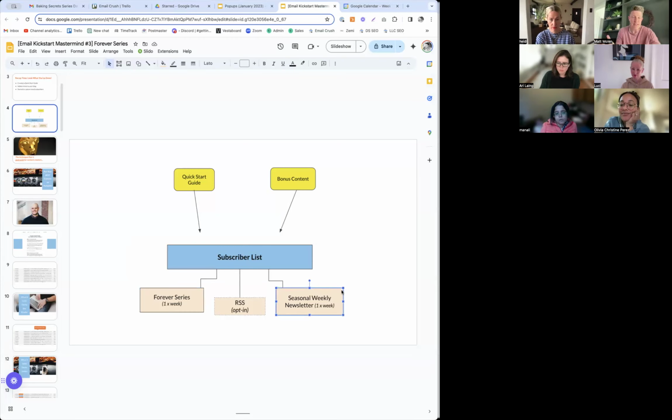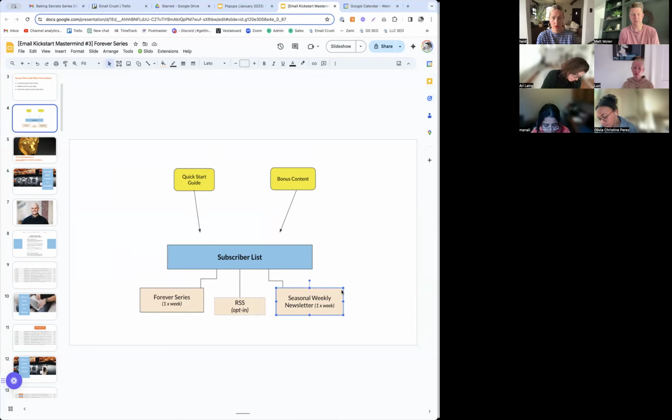There's seasonality to everything that we're doing, and in fact, your seasonal stuff will outperform your evergreen stuff. So remember, the email guy here is trying to talk about a general program that anybody could do. In some cases, the seasonality matters so much that it doesn't make sense to send the Forever series. I'll give you an example of that. I have a lot of people who have a lot of holiday content. My crafters, for example, there's a certain time of year where there's a lot of holiday content. It just makes so much more sense to pause the Forever series and send 2 seasonal emails.